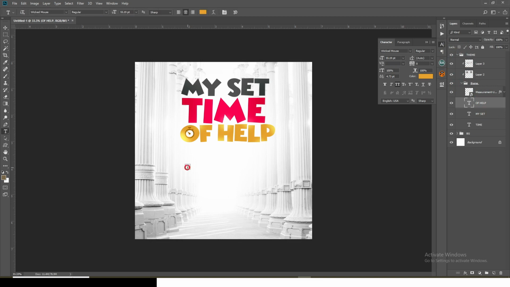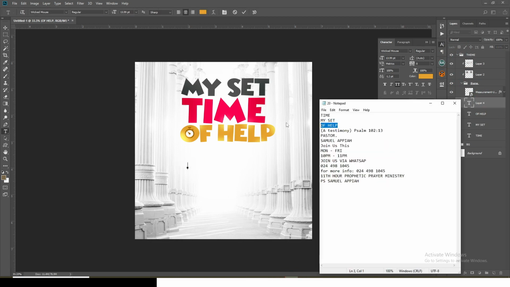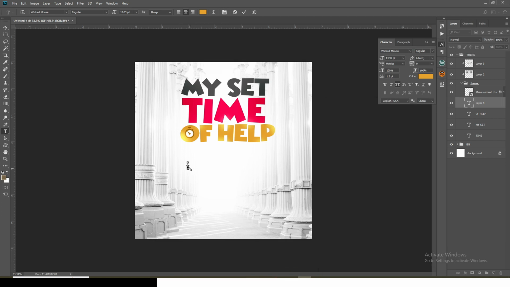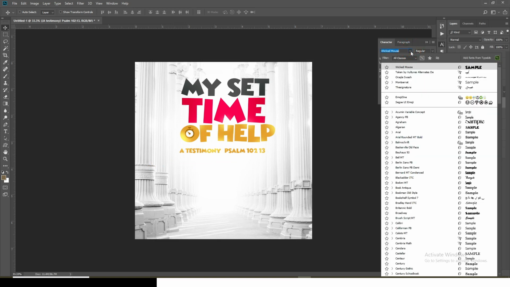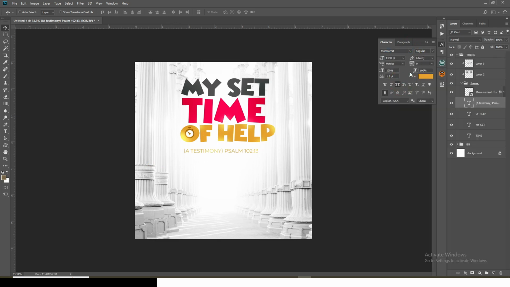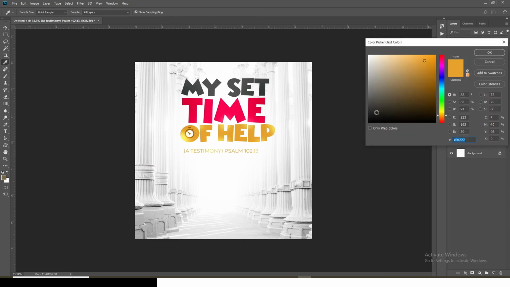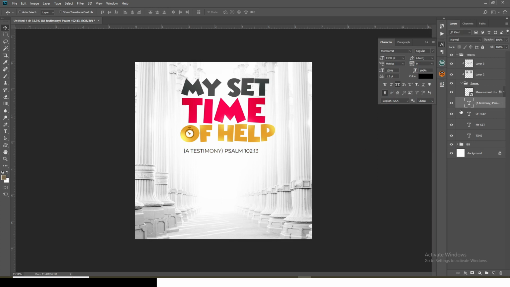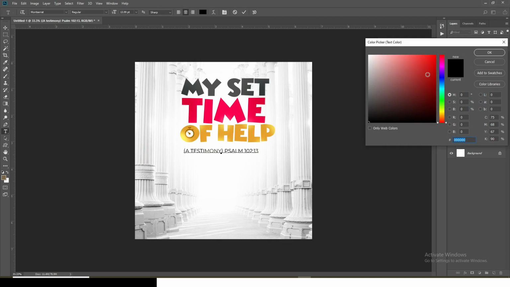Click your text tool and then type here, and then let's pick that, and then let's come and paste it here. Now we don't want to use a big font like this. You want to use different kinds of fonts, so let's use Montserrat. All right, Montserrat for it, and then let's click on it, and then let's choose color black, and then let's double click it, and then let's pick this side, and then let's click here, and then let's give it this color